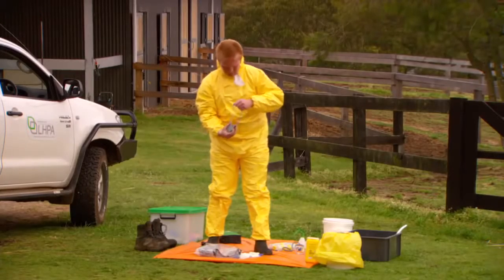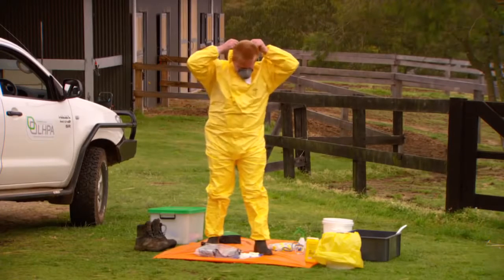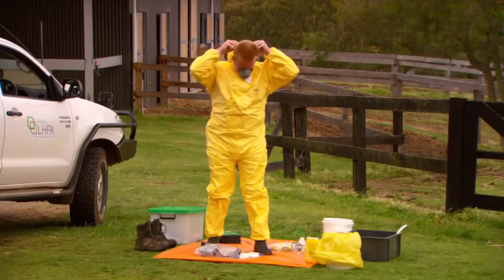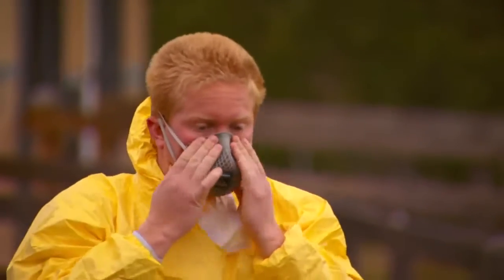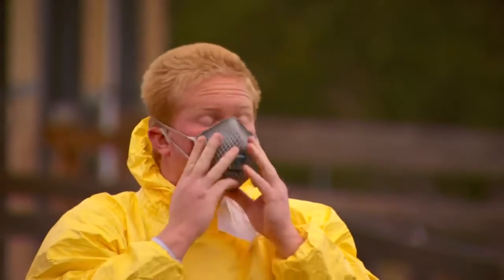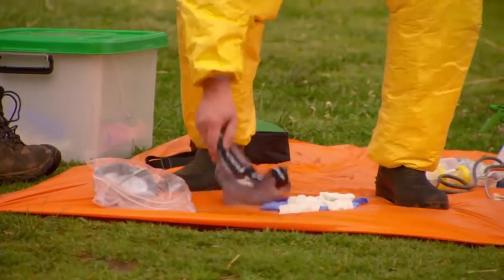Place the P2 respirator over your mouth. Secure the straps over your ears and behind your head. Perform a fit check to ensure a proper seal has been established between the respirator and your face. Breathe in and out to check there's no air leakage around the respirator. Make faces. Turn your head from side to side and up and down to ensure the respirator will not slip